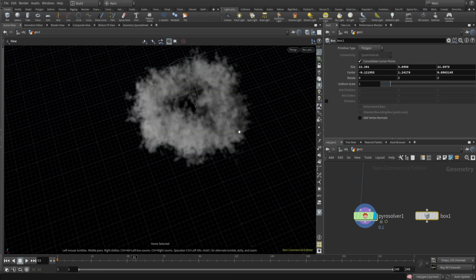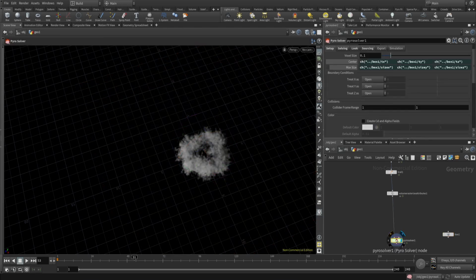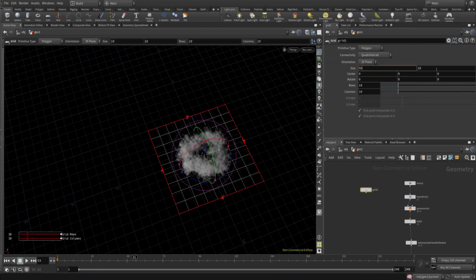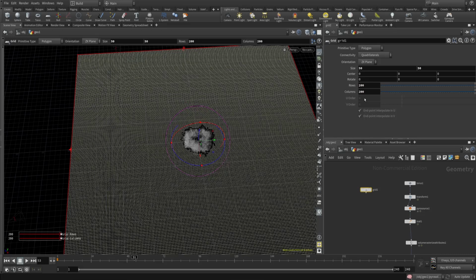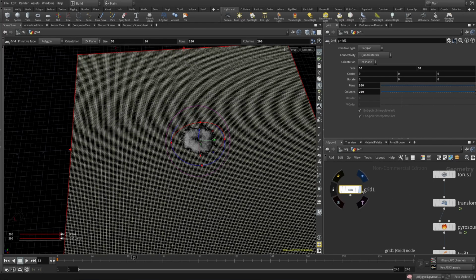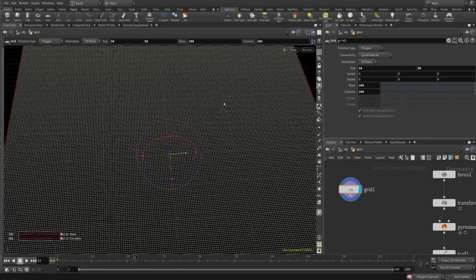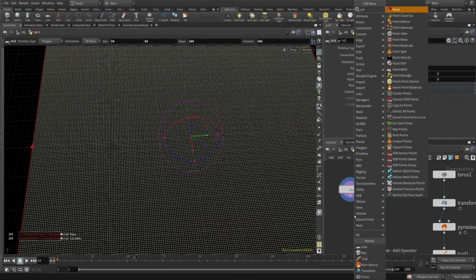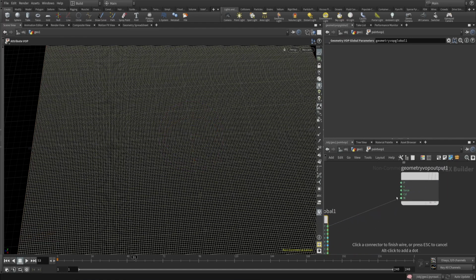Now what we need for simulating Shockwave is generating some extra velocity field and injecting it into our Pyro solver. For doing that, I'm going to create a simple grid, maybe with more size and also more points, 200, 200. Now I want to create some velocity attributes, actually some outward velocity vectors from the center of the grid. For doing that, just using the point swap inside it, if you are going to connect position directly to the